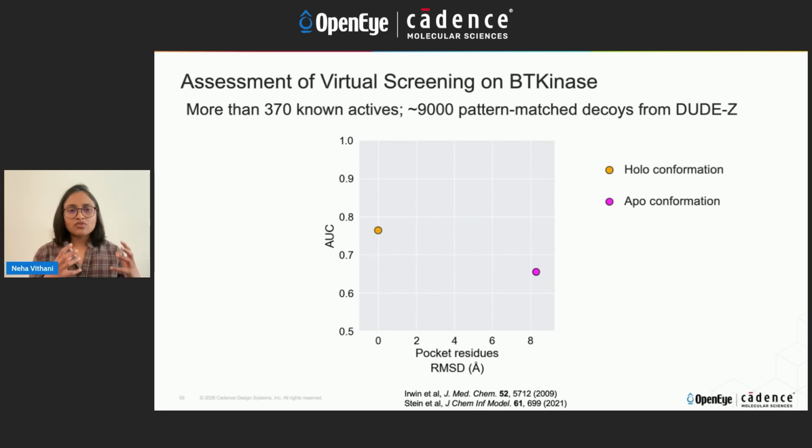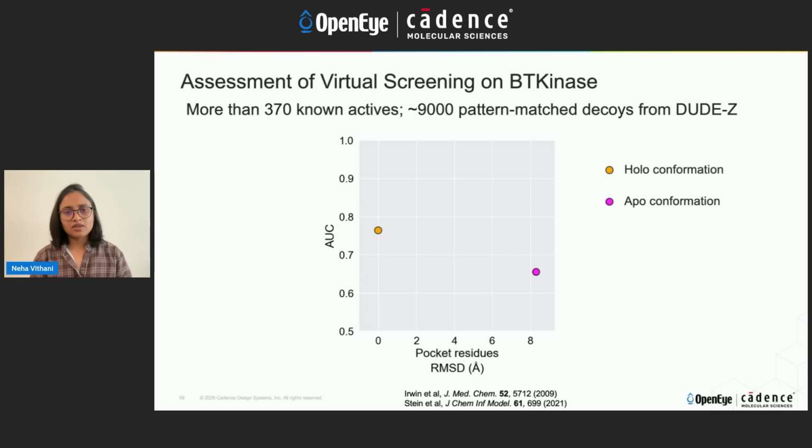So we select 370 known active compounds and generate 9,000 pattern-matched decoys on DUD-E. We select apo pocket conformation as well as holo pocket conformation and dock these compounds against these two pocket conformations. We find that holo conformation was able to separate actives from inactives with much higher success than the